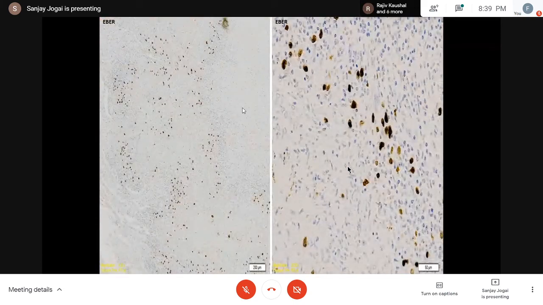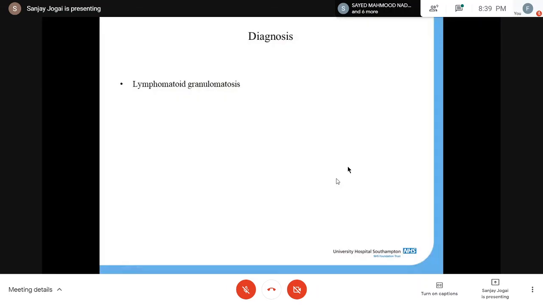And this is EBER, beautiful staining. I'll show you more examples of this condition. Every single one of those large cells is EBER positive. So what we are dealing with here is basically lymphomatoid granulomatosis. I'll finish talking about lymphomatoid granulomatosis, take a pause, and then we can probably have a few minutes to